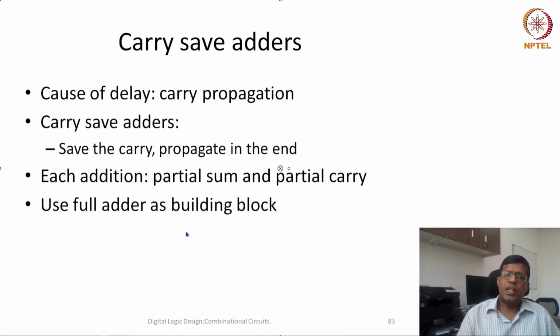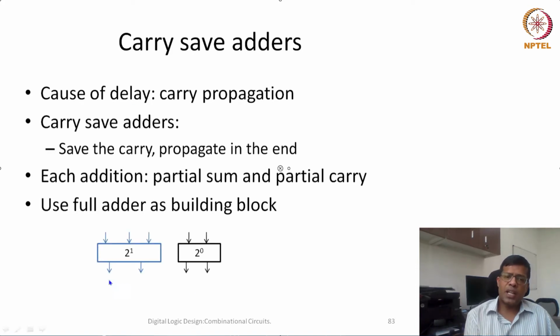Now the basic unit here, we would be using our standard full adder or a half adder. So in the examples we are going to show here, let's say I'm representing a full adder using blue. In a full adder we'll have 3 inputs. So what power of 2 do all of these 3 inputs belong to? We have to make sure that whenever we are adding any number of inputs in our full adder, they should be of similar power,